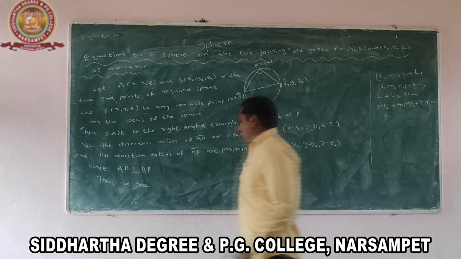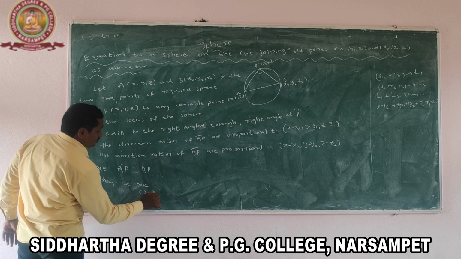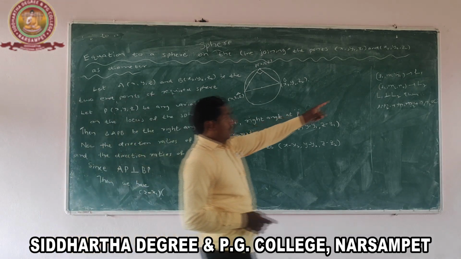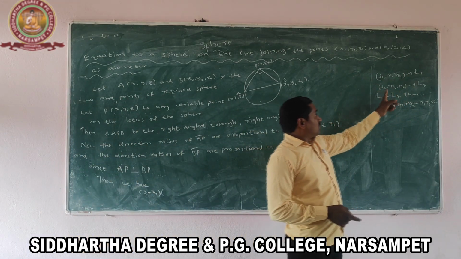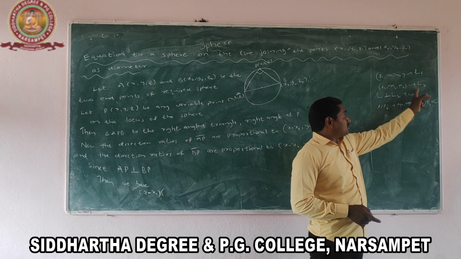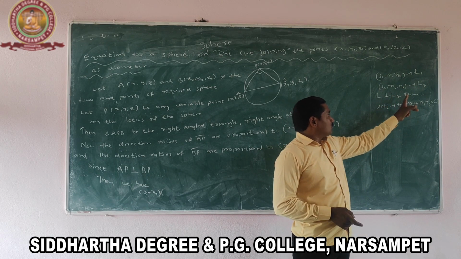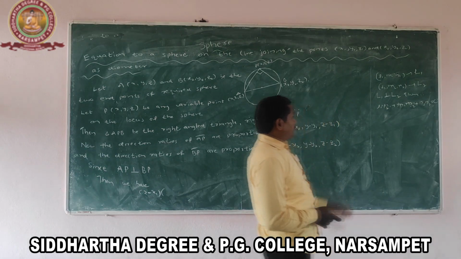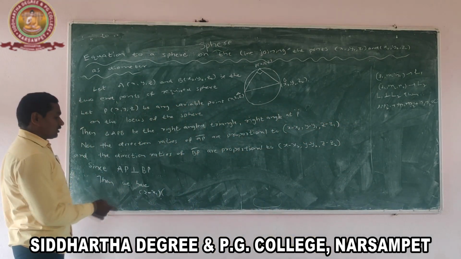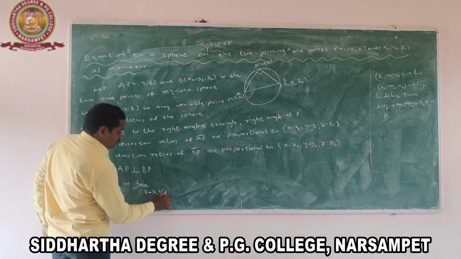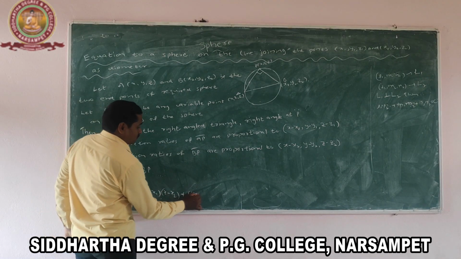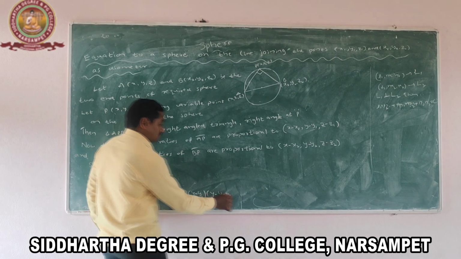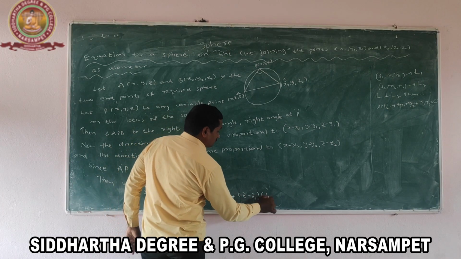So based on that property, here we can write x minus x1 into x minus x2, plus y minus y1 into y minus y2, plus z minus z1 into z minus z2